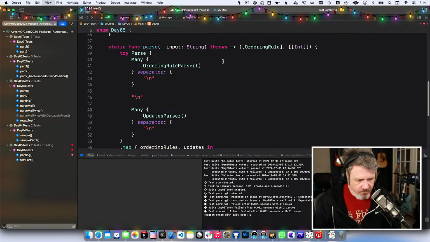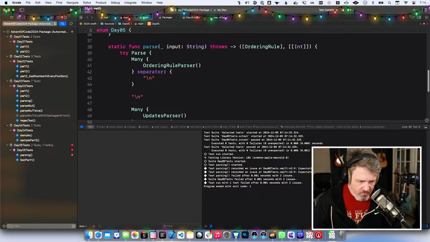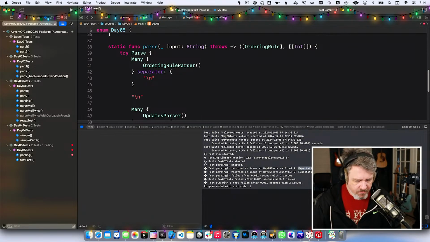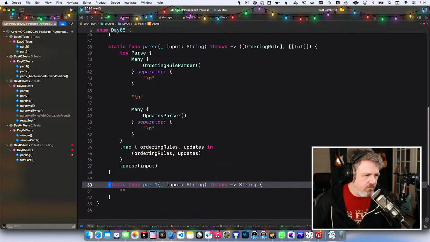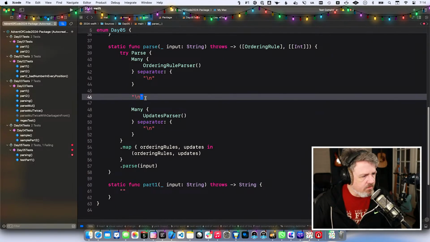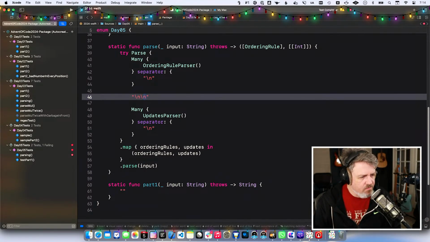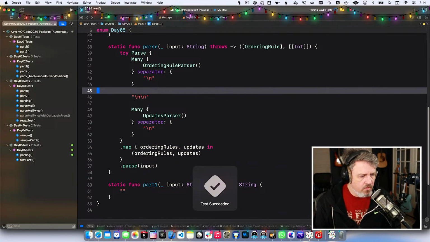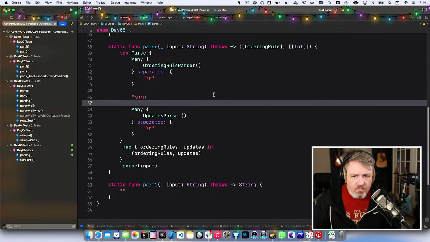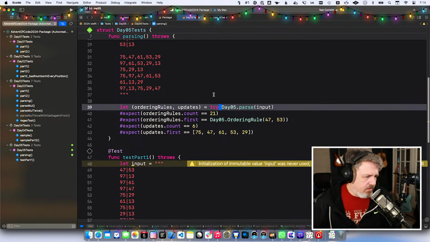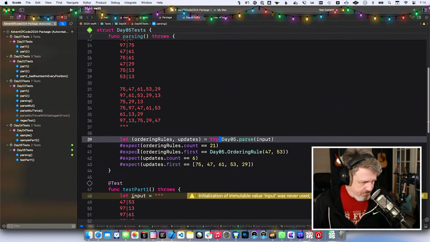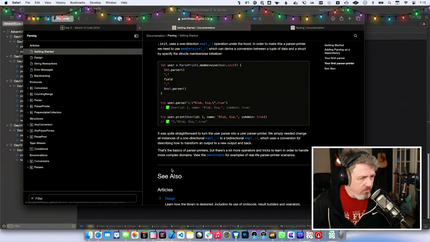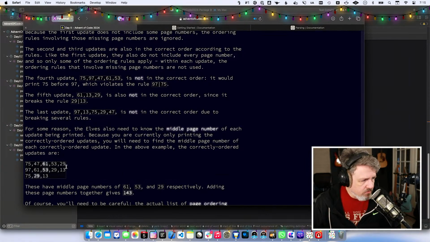Okay, test still failed. What happened here? Updates.first. Oh, also updates.count 7 is not equal to 6. So let's see, do I need 2 new lines here? Okay, yeah, that's what happened. Okay, so we can parse everything. At this point now, if we go back to